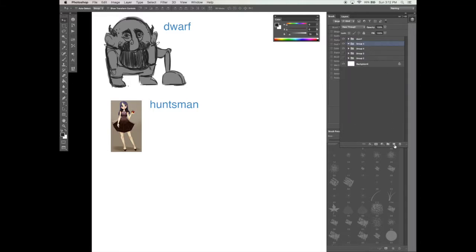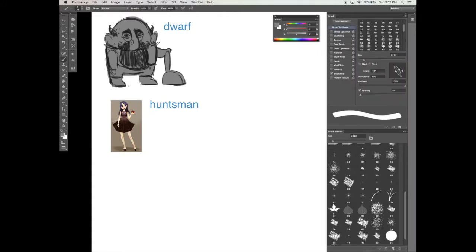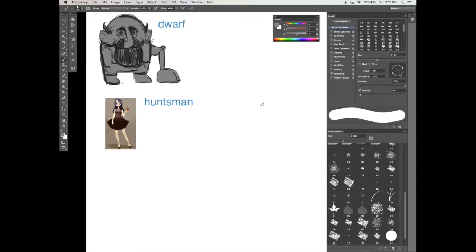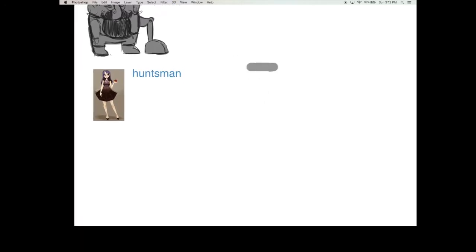Now I've made a small thumbnail and moved it to the top above our Snow White. This is so that I keep paying attention to my dwarf and making sure that when I start designing my next character, the shape language is going to be much different. And we're going to be working on the huntsman now. So that basically means we are going to think of strong shapes,